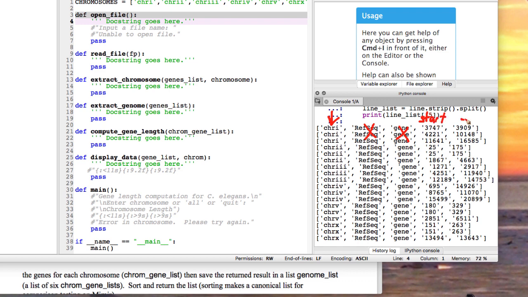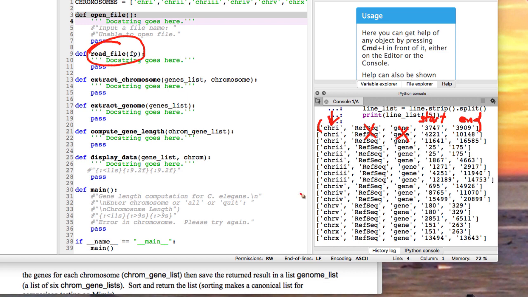And we have an end. So we actually want these 3 pieces of information: the chromosome, the start, and the end. You make them into a tuple, append them onto a list, and that's what you're going to return from this function. So we'll read through, we'll grab those values, put them into a tuple, and then return